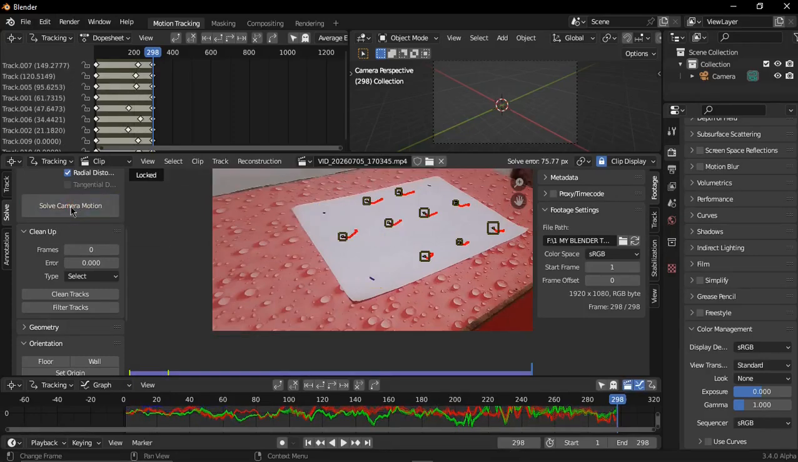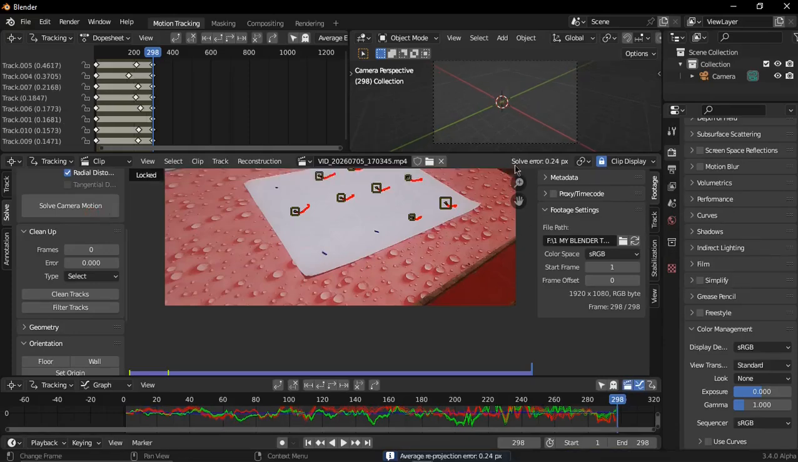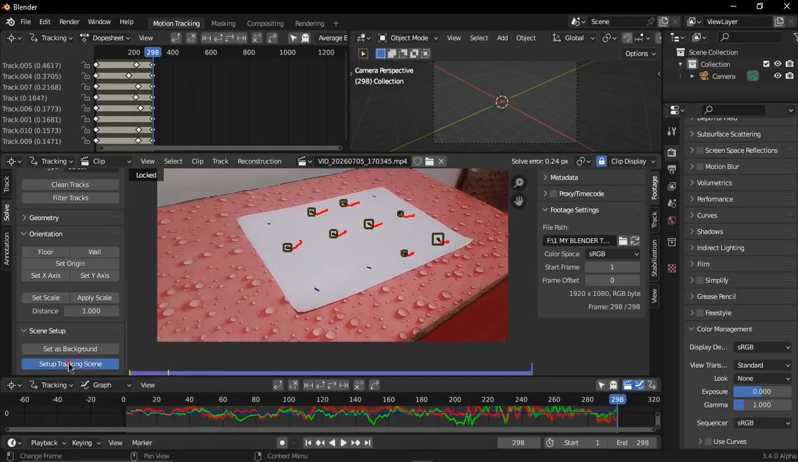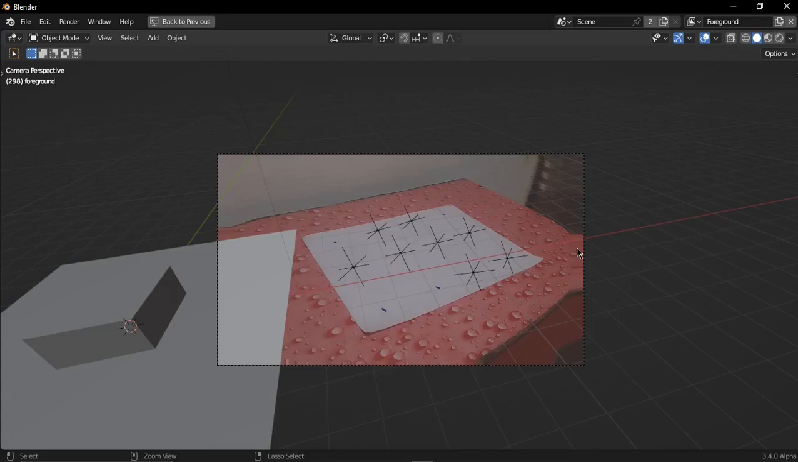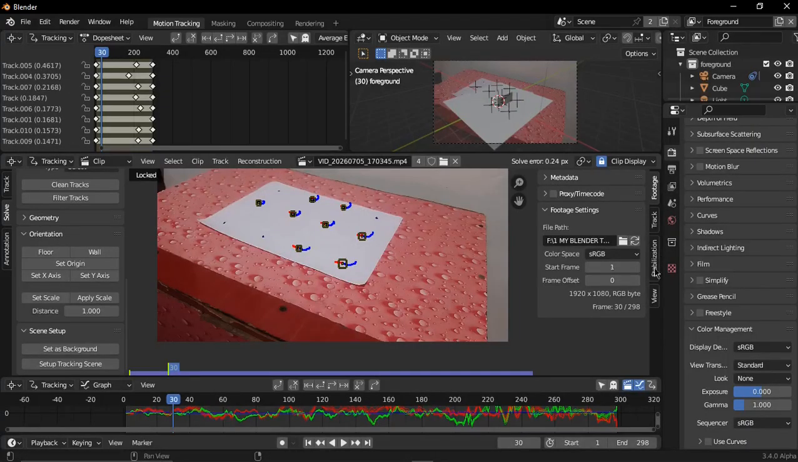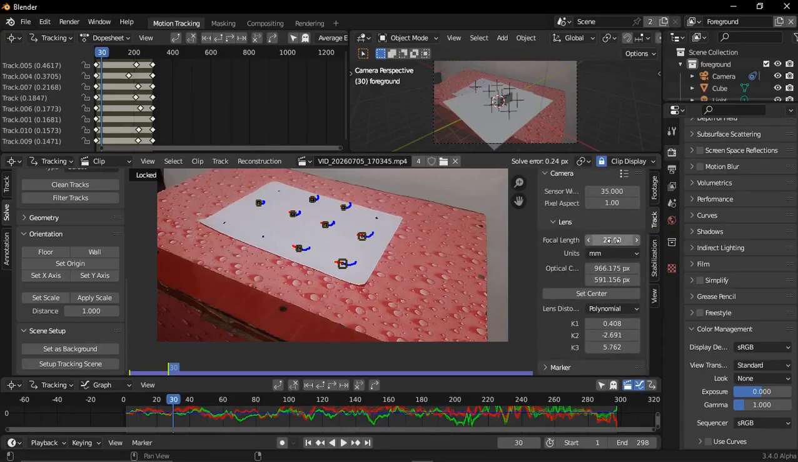Again solve camera motion, the error is not good, so click filter tracks and X to delete. Again solve camera motion, the solve error is good and scroll down, set up tracking scene. This error is not good, this error is not good, and go to Track, Camera, Lens, Focal Length, type